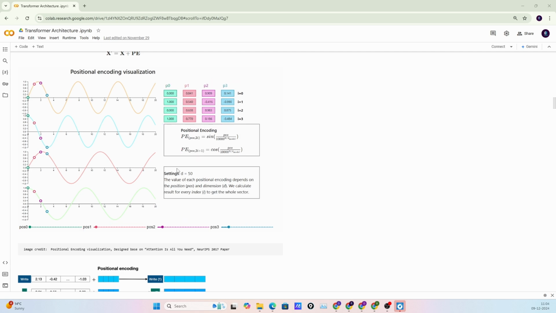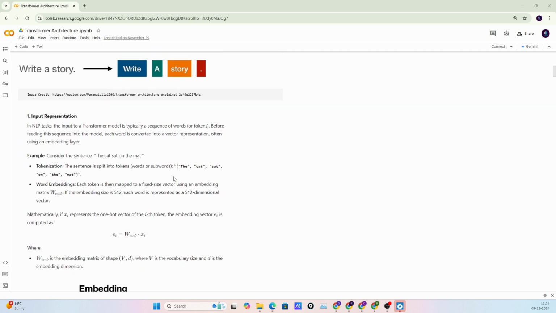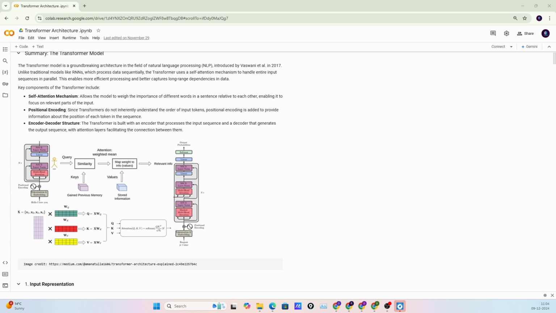So after the positional encoding, our data is fed to the multi-head attention layer. Let me go back to the diagram. So we are basically here. We add positional encoding information to our embedding. Then we feed this data to the multi-head attention layer. You see here. Now I'm going to discuss the multi-head attention, and this is the encoder part. Further, this information is passed to the decoder in the original transformer.